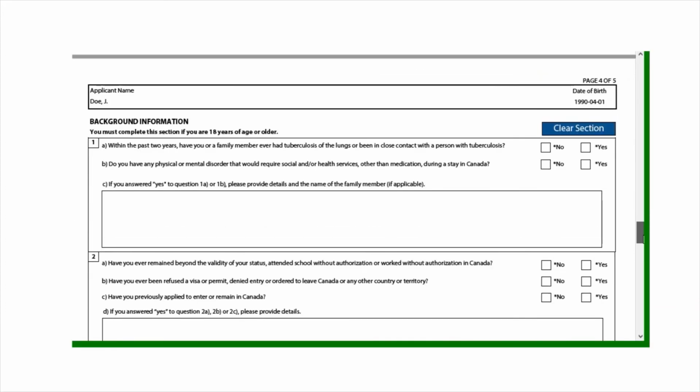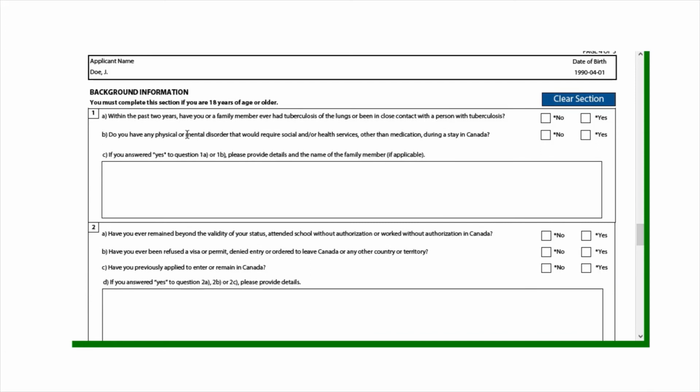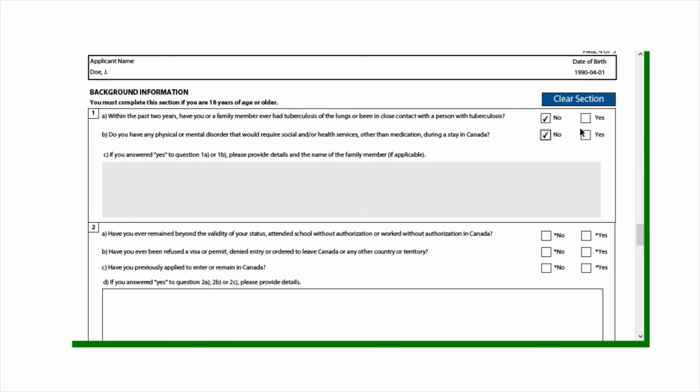Last part. This is background information, and this is just the medical stuff, right? If you've ever had tuberculosis or someone has had it in your family, if it applies. If you have any mental disorder, if it applies. Have you ever